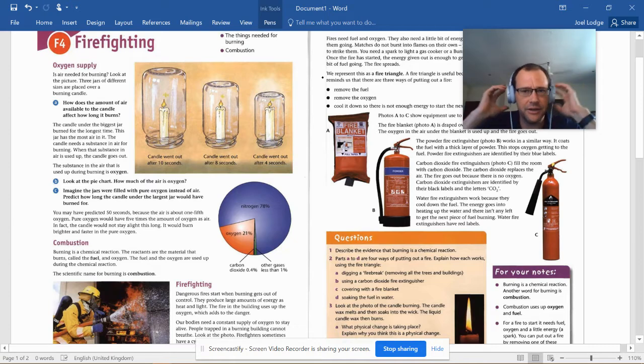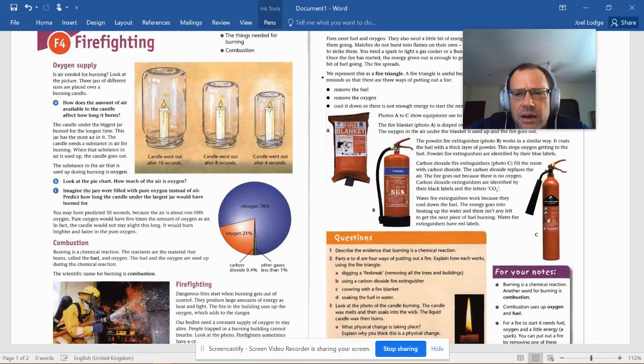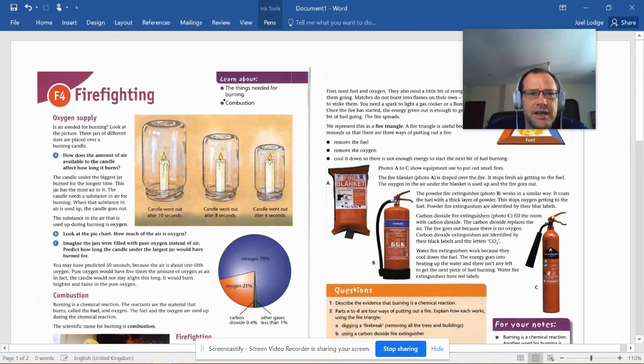Mr. Lodge here again. We're looking at another form of chemical reaction today, and this is a video for your notes. So pause whenever you want to make notes in your notebook, and then afterwards we can look at answering some quiz questions. Okay, so the chemical reaction we're looking at today is the things we need for burning,